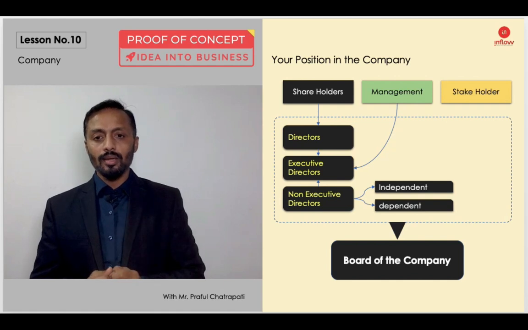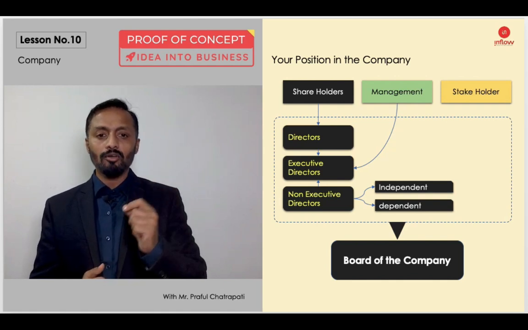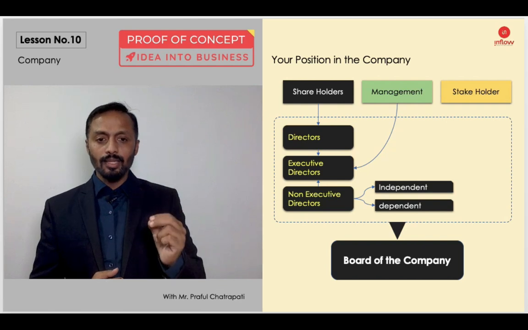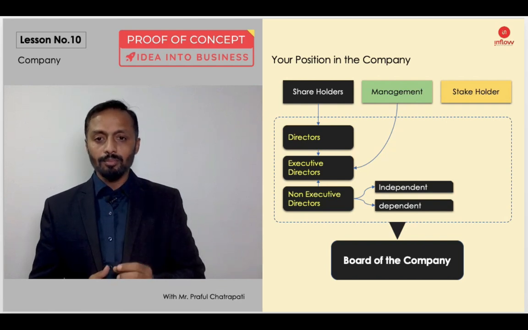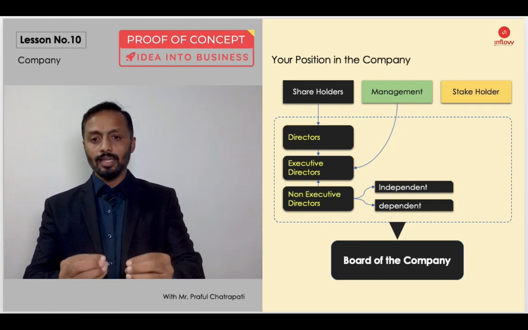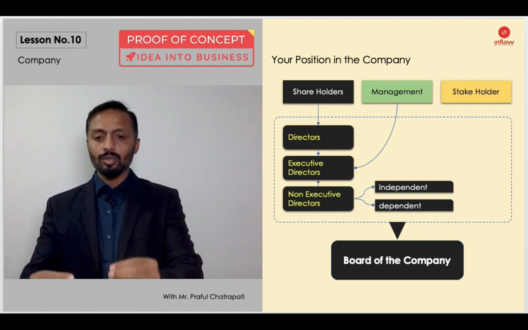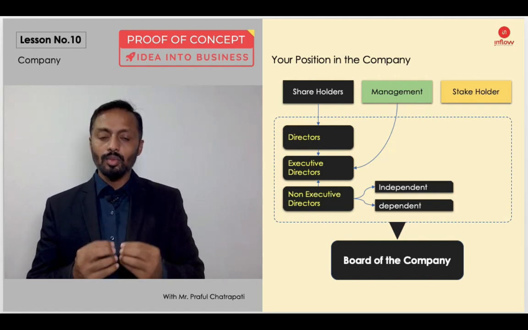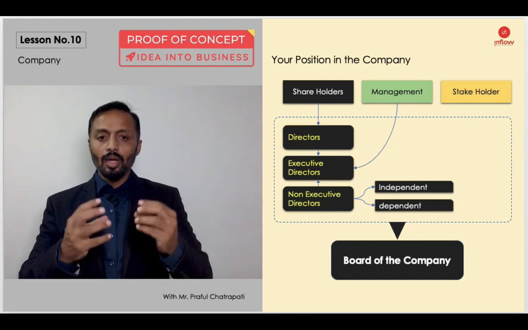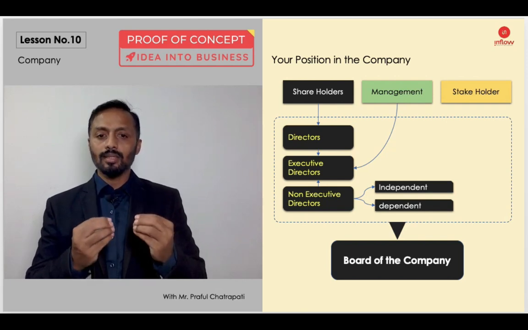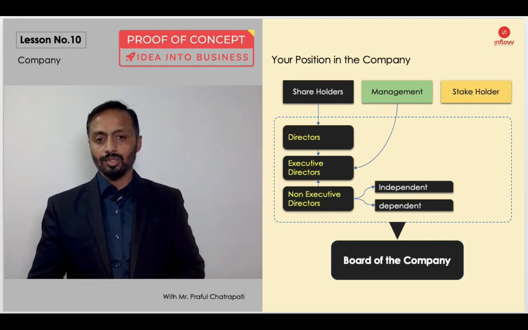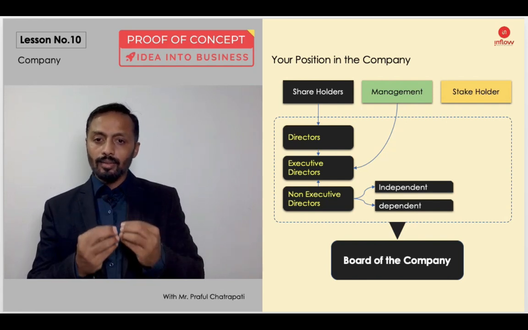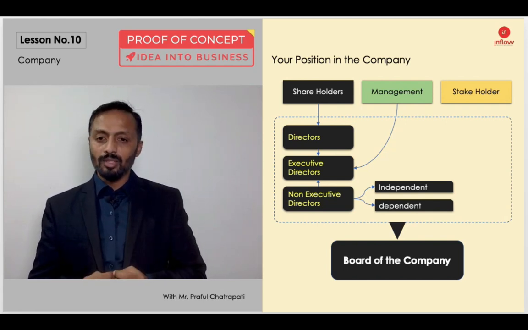Second role you are taking is as an executor, because you are part of the management team. So you want to ensure that whatever has been decided by the board of the company, the management team is executing that plan and turning it into results for the board. Being a shareholder, you can take multiple roles, you can take multiple positions. You can be a director who is involved in the whole operation as well. There is an executive director who is also a director and part of the management team as well.